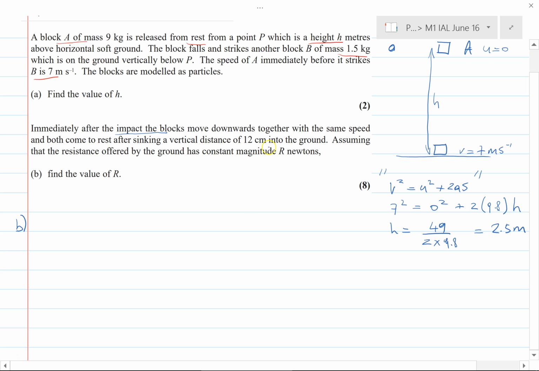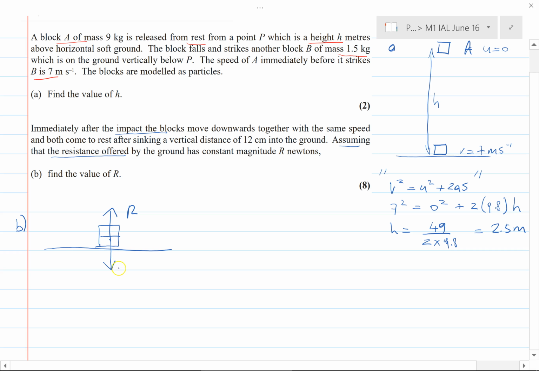So basically it's been moving into kind of solid ground, and of course the resistances are going to be huge for that. So we've got basically the 2 blocks together now with resistances R. The ground is basically resisting it moving in towards it,